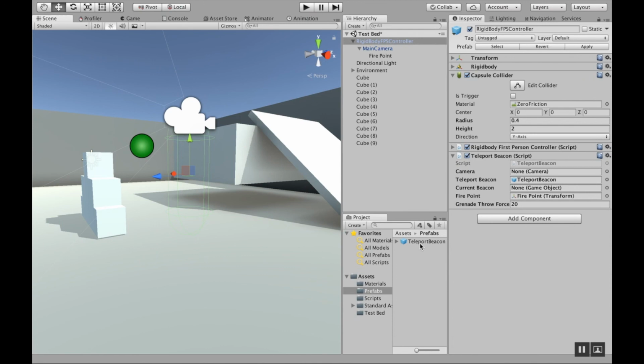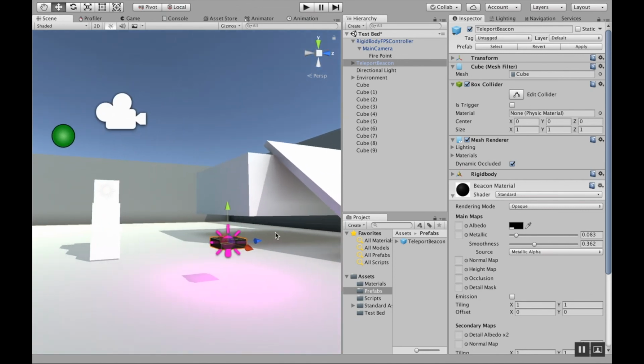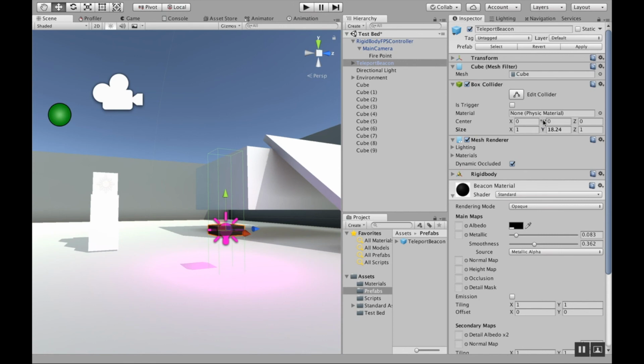I'm going to grab my teleport beacon, bring it out here, and put it right next to my player. Just like that. So I can kind of see them both. And I'm going to change the box collider. I'm going to make its size in the y-axis significantly larger, which is going to look super weird because we move it up. There we go. I don't want it quite that big. Let's go to like there maybe,